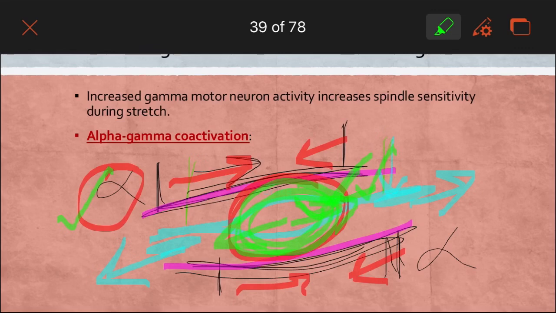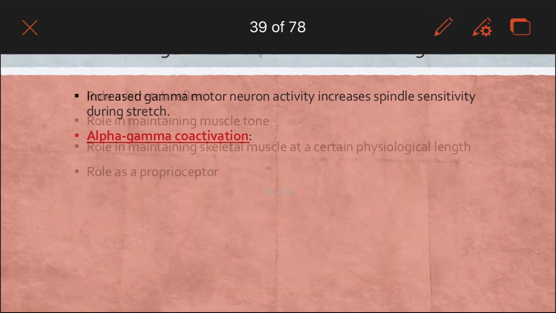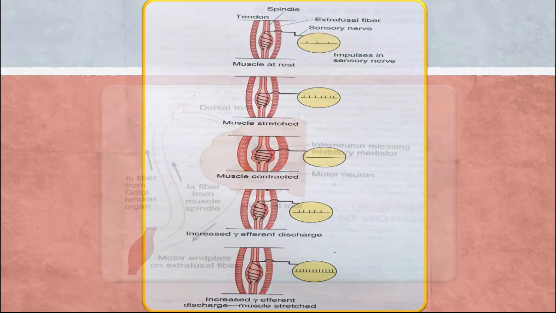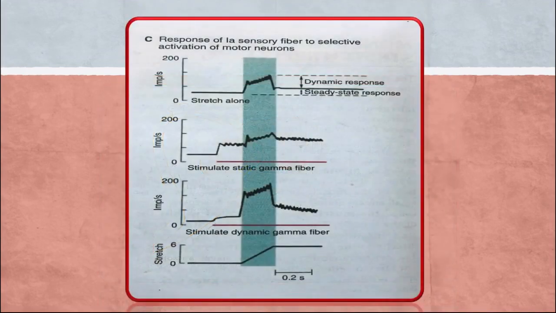during the stimulation of the gamma motor neuron, the rate of discharge in 1A is increased, that we have seen in that diagram. Which diagram? Where we were talking about this thing, say in this one, this diagram, right, in this diagram we are seeing. So, these gamma motor neurons,